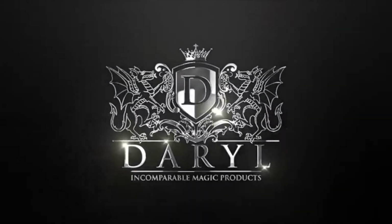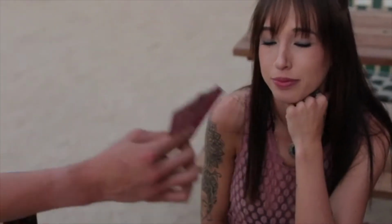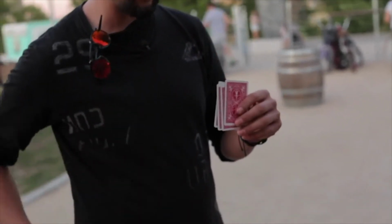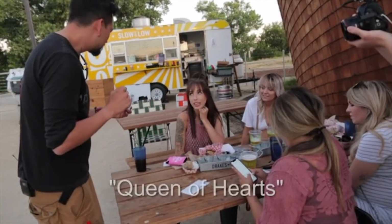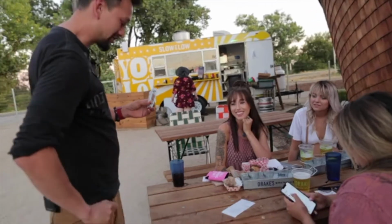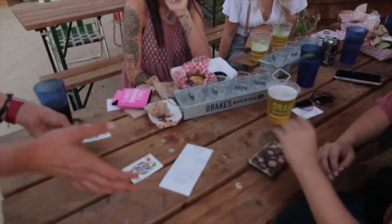So Hannah, you're going to pick a card. You're not going to let anyone else see which card you pick. Okay? You ready? You got one? Maybe that one. For the first time, and I'm not going to change anything, what card did you think of? The Queen of Hearts. That's so weird. I knew you were going to pick the Queen of Hearts. That's true, that's why I took this one out. The Queen of Hearts is missing, and that is the one that went out